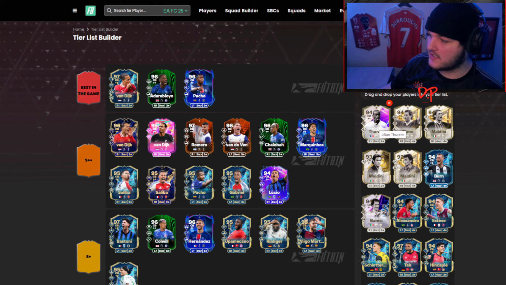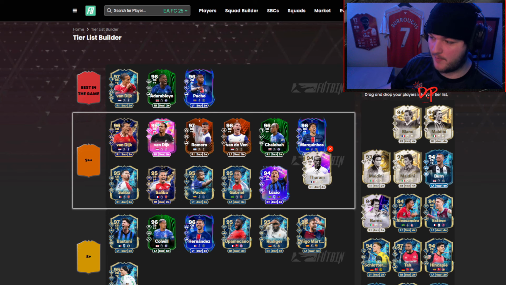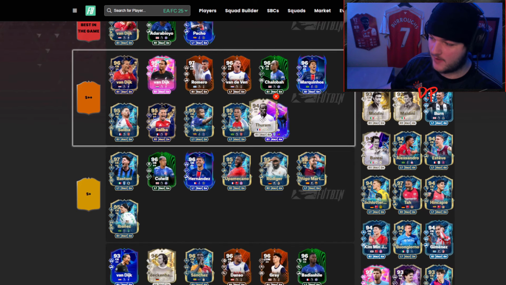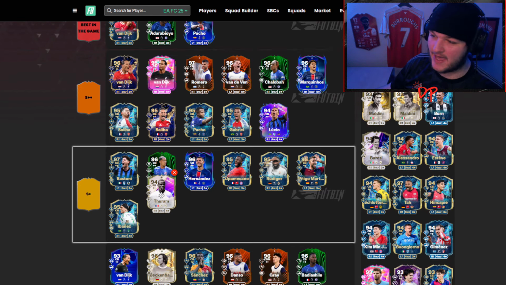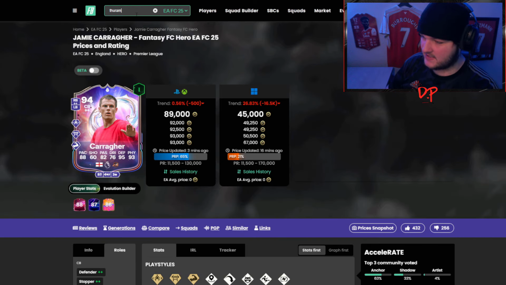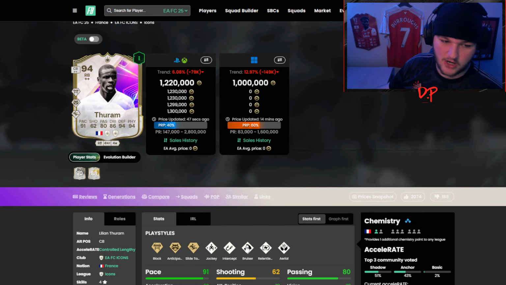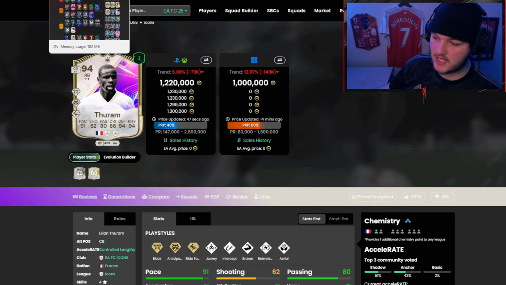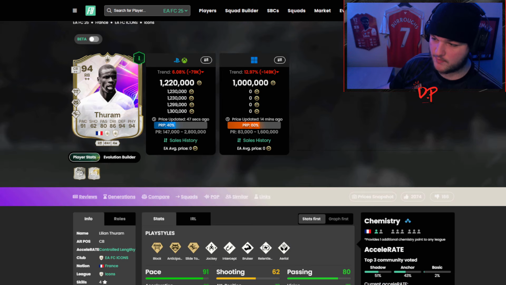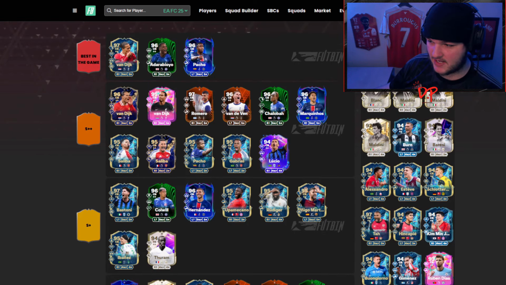Now, we have got 94 Thuram. Now, I use him as my fullback. I've got about 100 games on him as my fullback. I've not actually used him as a centre back, so it's kind of a little bit tricky to rank. Now, he's either S+ or he's either S++, and I'm trying to imagine him as a centre back, and I'm going to say this, guys. I've got the Bruiser Plus on him. I added the Bruiser Plus onto him, and I would say with the Bruiser Plus, he'd be S++ tier centre back, but once he doesn't have the Bruiser Plus, I'm going to say S+,